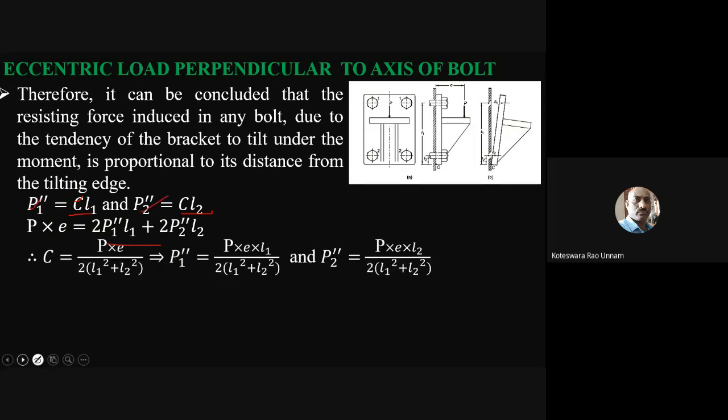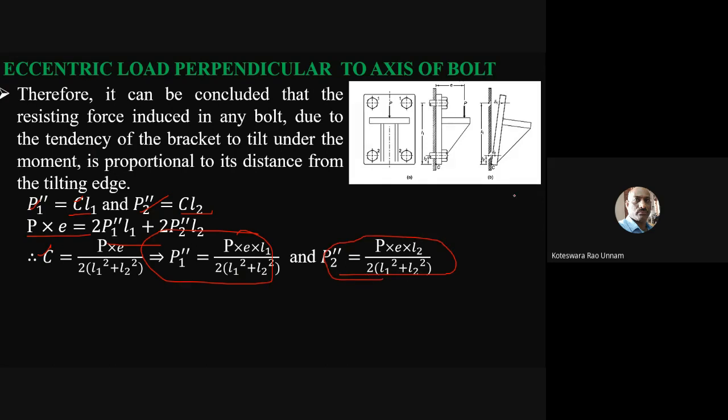So from that, you will get C is nothing but P by E into 2 into L1 square plus L2 square. If you substitute for P1 double dash is C1 L1, so it will become 2 into C into L1 square plus 2 into C into L2 square. If you simplify that, you will get an expression for C. So from that you can write an expression for P1 double dash, and also you can write an expression for P2